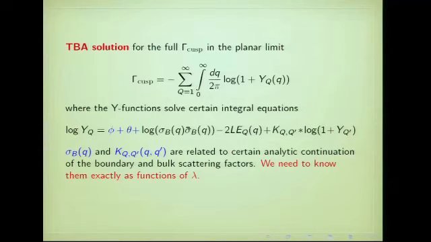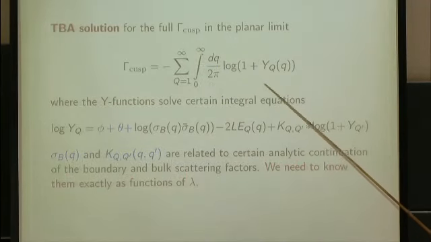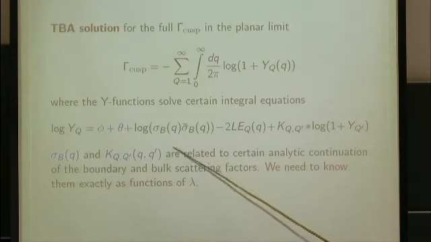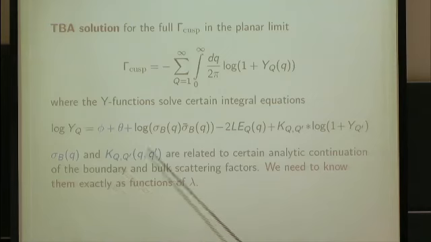So before I start, let me just flash what the final answer is going to be. This anomalous dimension is going to be given as an infinite sum of integrals of the logarithm of these Y functions. And these Y functions have to be taken to be solutions of certain TBA equations. Schematically, they look like this. The dependence on the angles is pretty simple. These are just some factors in the reflection matrices. Well, this is the size.